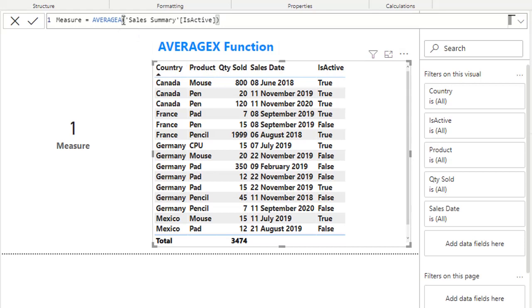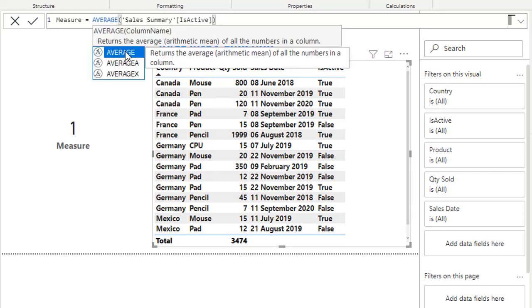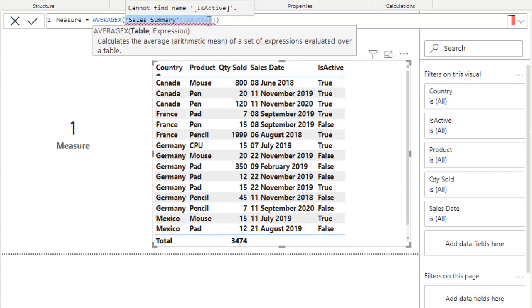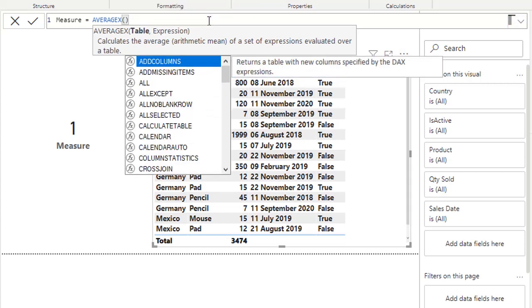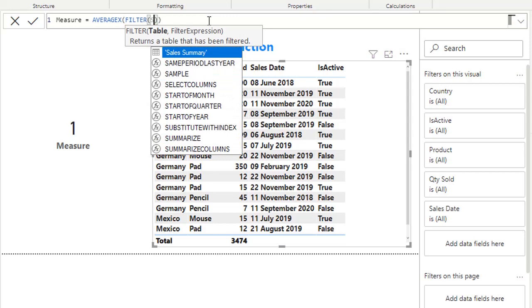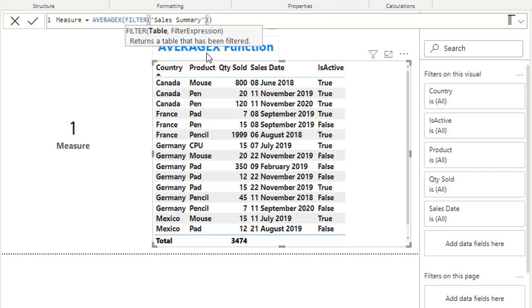So I change this one to AVERAGEX, and then FILTER. The FILTER function's first parameter is the table, and the second parameter is a condition or filter expression.